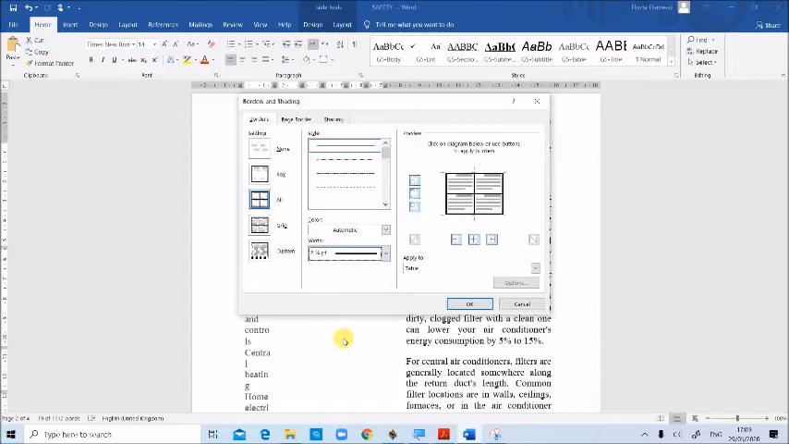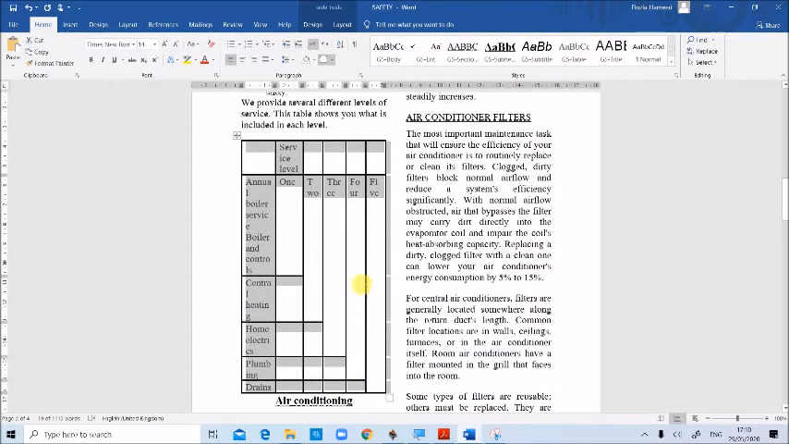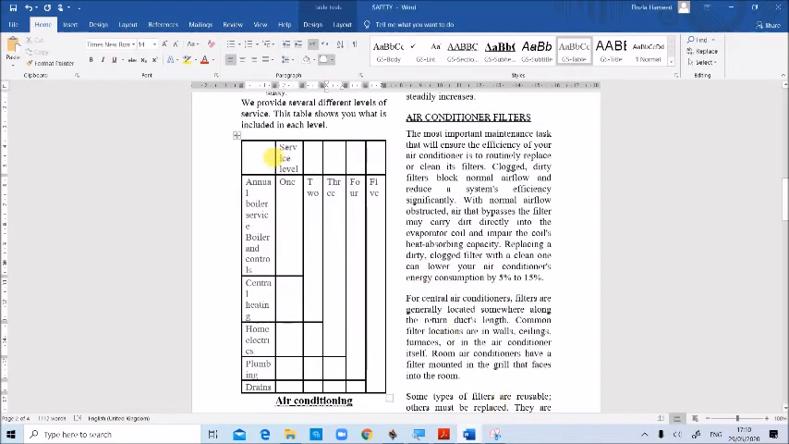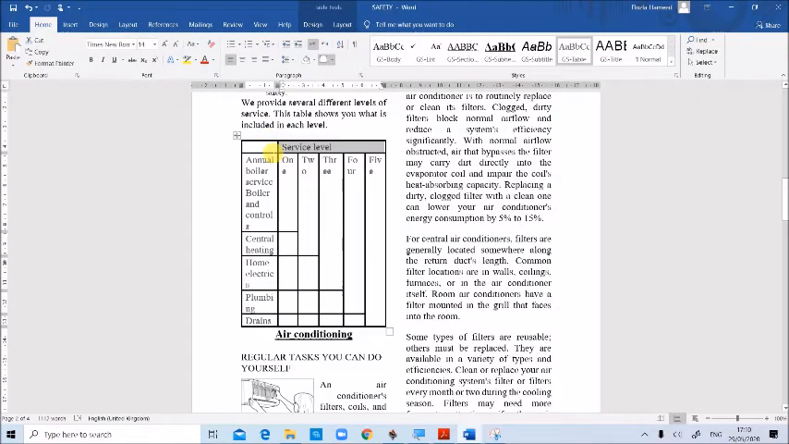So the border is given like this. Now you can see here the top row, these two cells are merged and there is a gray shading for this. So all this must be merged. So right click, merge cells, and it must be light gray shade. So select this, go for shading here, light gray,